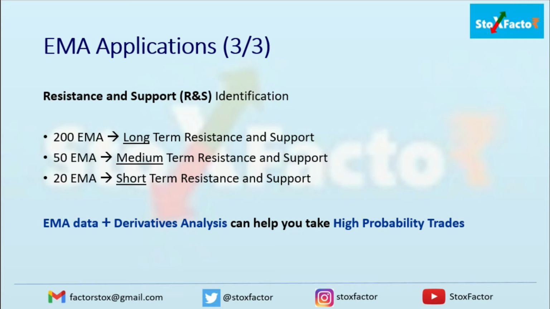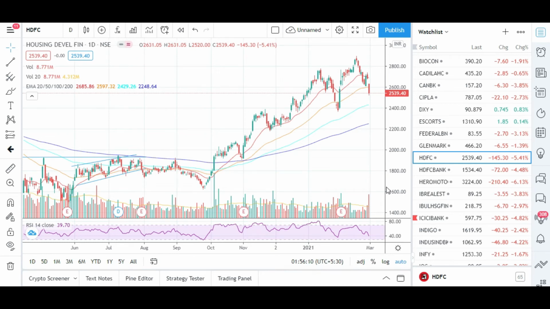So let me show you some of the stocks in the charts, how you can identify the strong uptrend or downtrend. So friends, I have opened the platform, that is TradingView, in which I have filtered out some stocks for you in order to show you how you can identify the strong uptrend. Right now you can see the HDFC stock, in which, as I was mentioning, you can identify that the stock is in a strong uptrend.